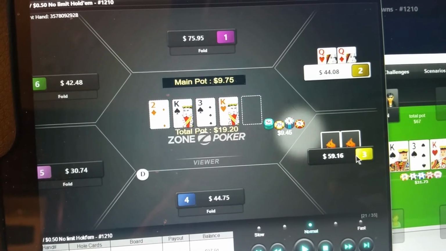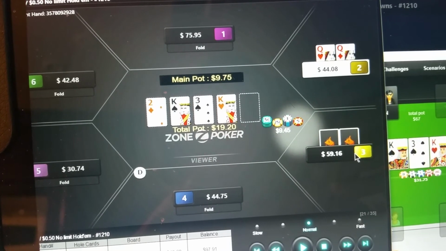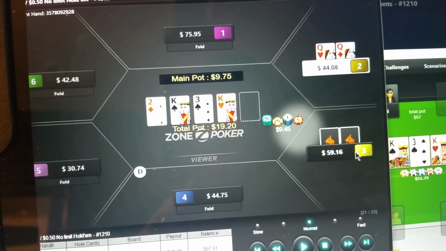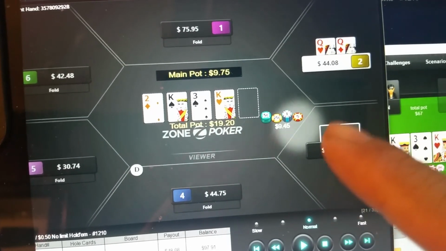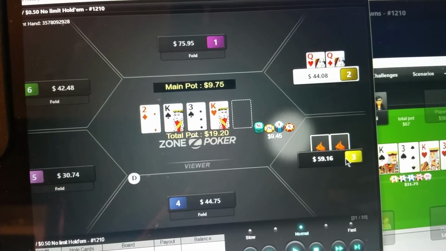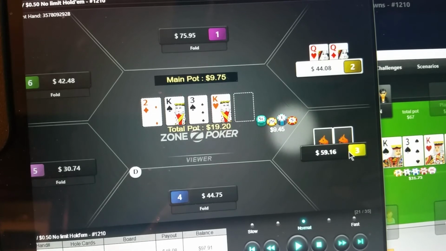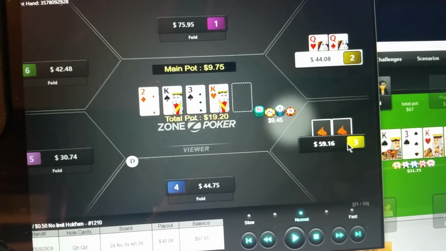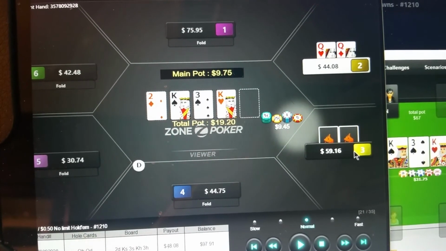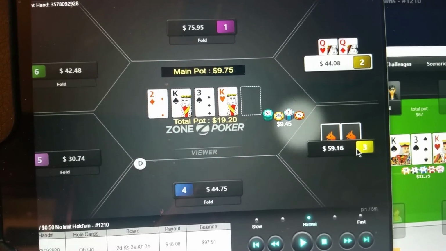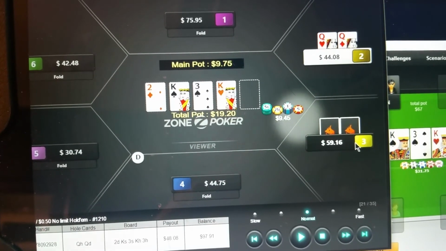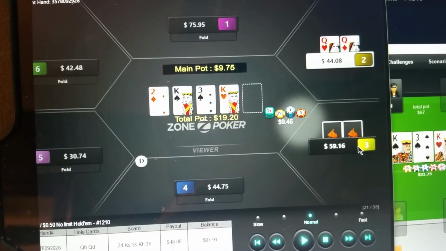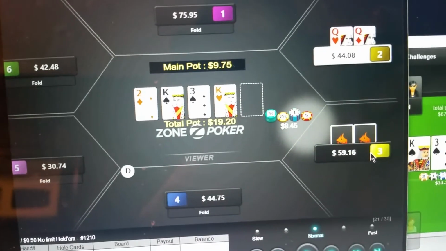The take-home point is that at some point I'm supposed to fold the queen, but also at the same time, a different consideration is that card removal makes it very unlikely that he has a king. So then all of a sudden I could call this $9 bet on the turn, because the flush draw is still there. On the other hand, on the flop, when I face that 0.7 pot bet, I was supposed to fold, but that was before the card removal.